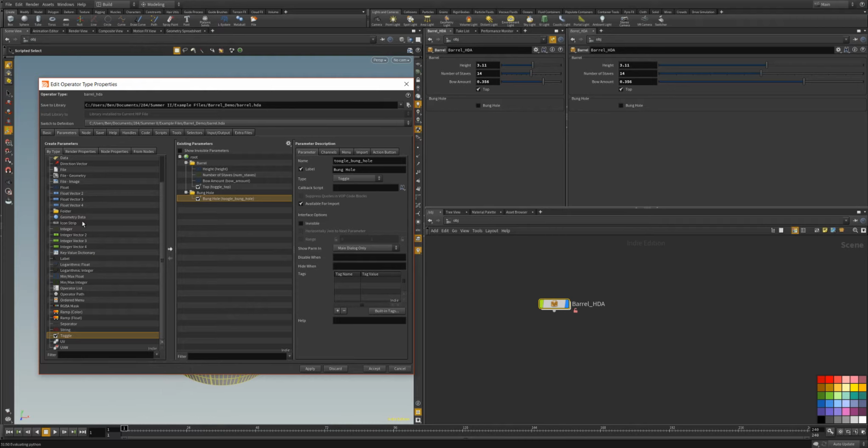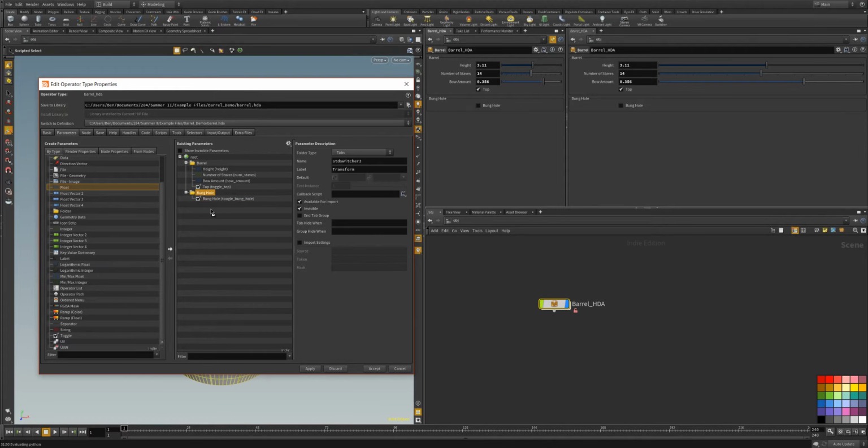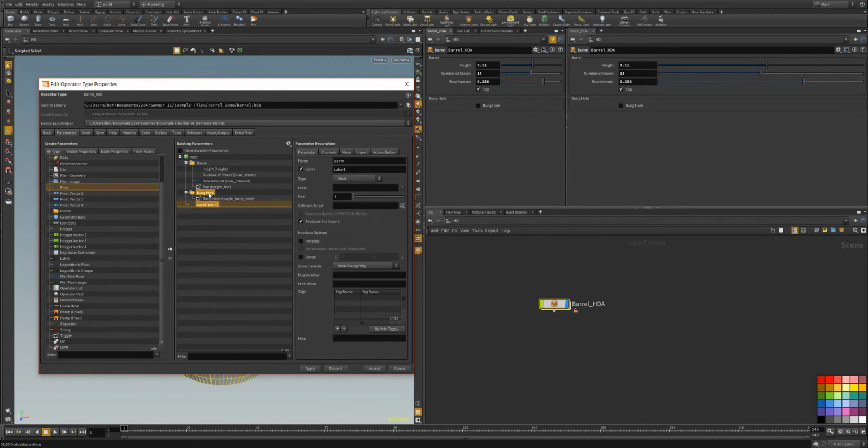And we're probably going to want to be able to control the location and relative size of our bunghole as well. So let's go ahead and put hole size, and hole location